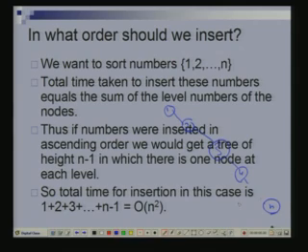And what is the sum of the levels? 0 plus 1 plus 2 plus 3 up to n minus 1, right? And this series sums to about n squared. Okay, so that's not good. The time taken for insertion could be as bad as n squared. Is this clear to everyone?